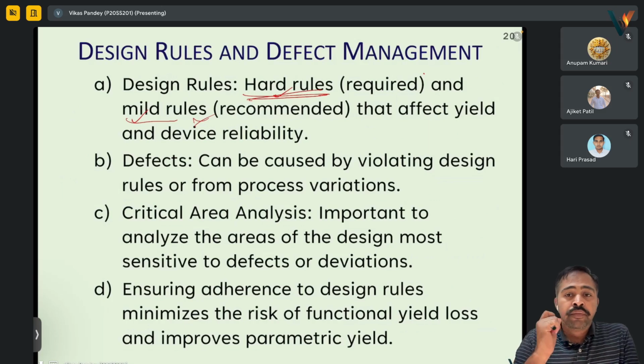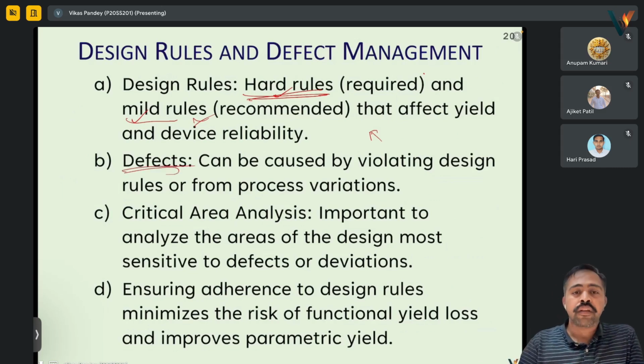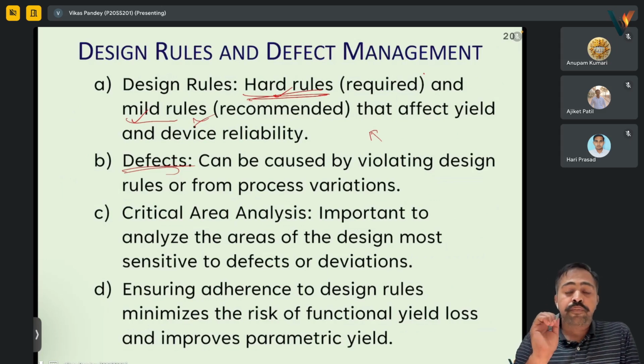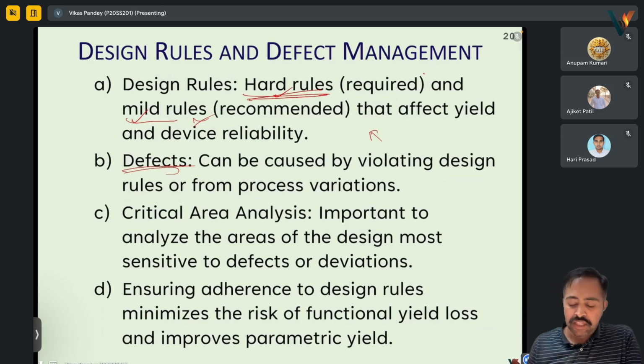Okay, but still, if these rules are not followed, they can lead to some defects. Either there can be two reasons. One is we are not following the design rules properly, or the process itself has some error, like systematic or random variation. So in this whole process, like in one case where we were talking about the mask design,